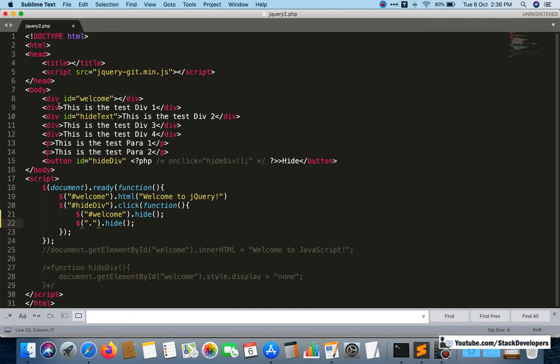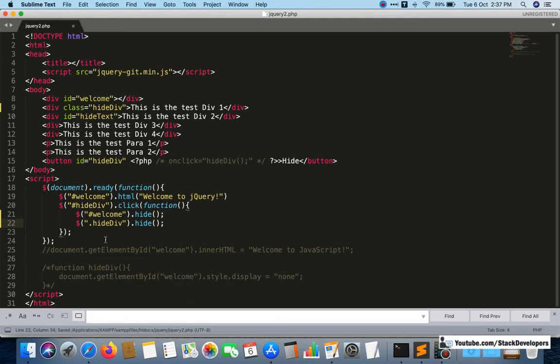If you add a class to a div, you can give any class, like hide div, and this hide div class will come up here to hide that particular HTML statement.